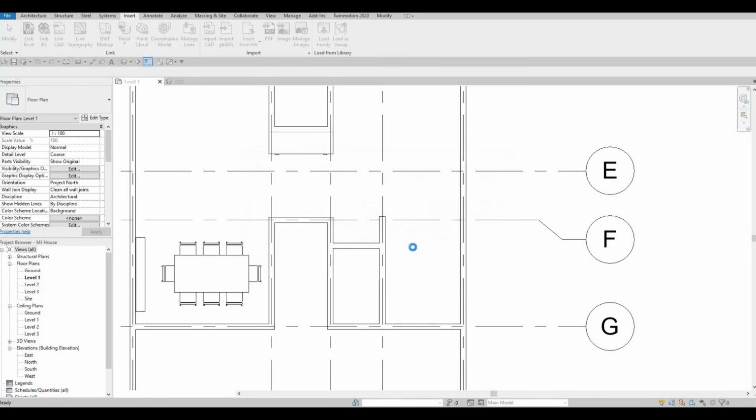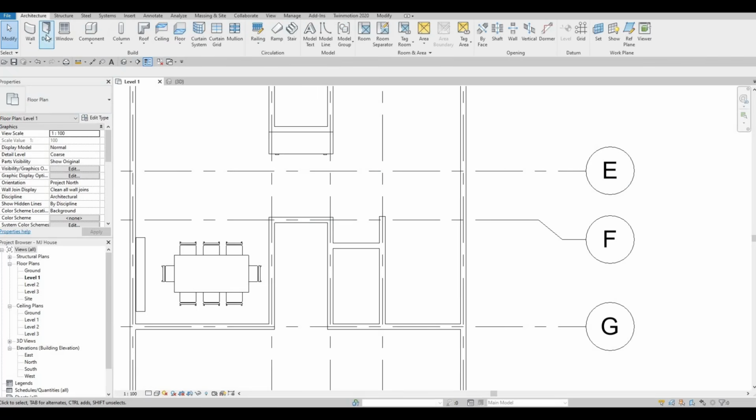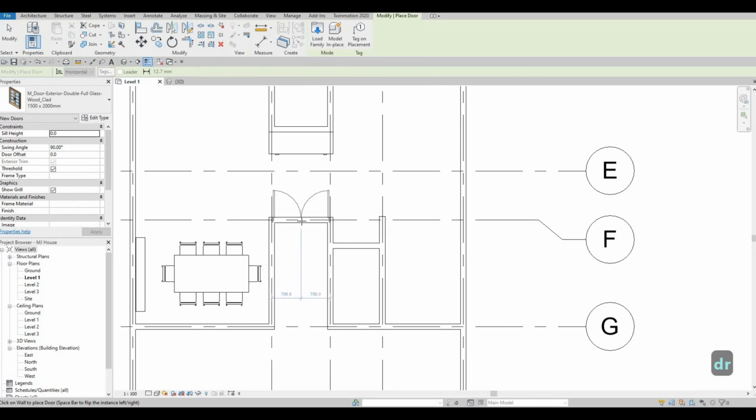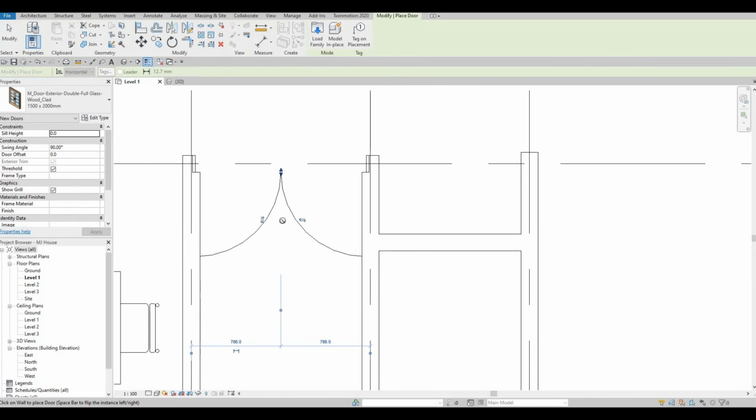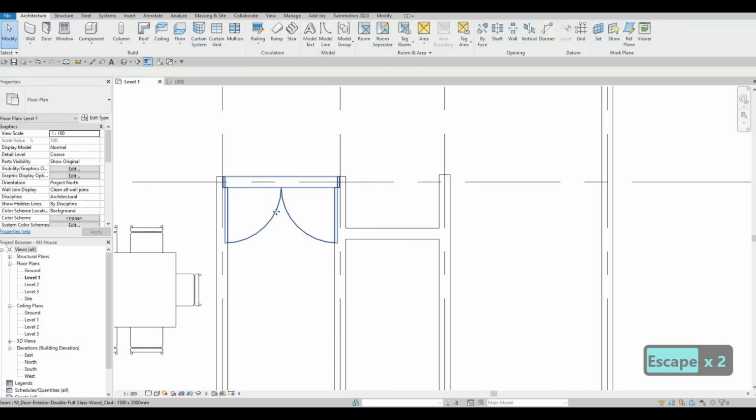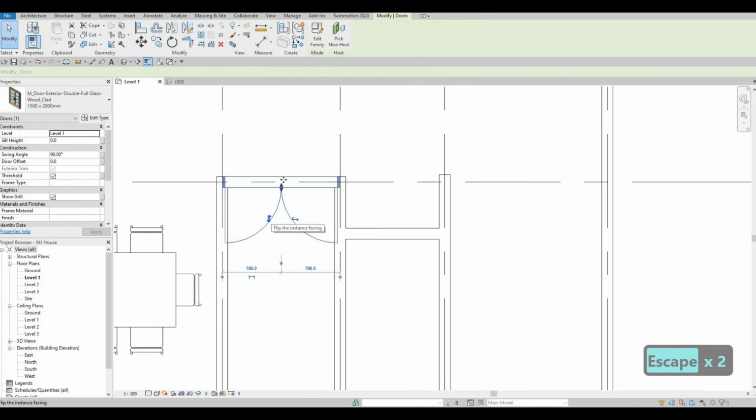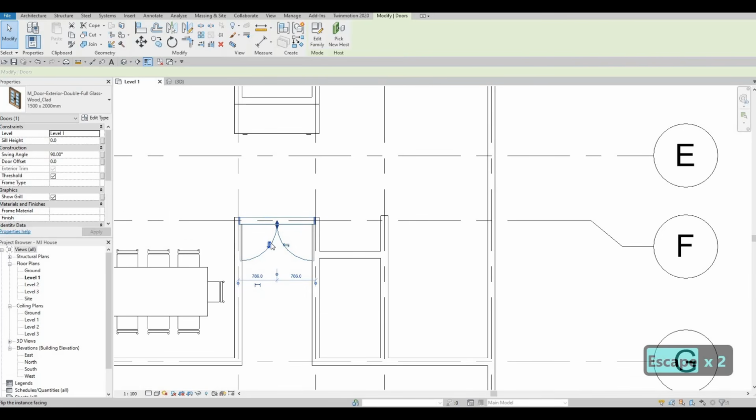I'm gonna press OK, and then once I add it, you type in DR because under architecture, door is a system family. So here you type in DR and you'll be able to add the door. If you notice, it's too big for this one. So what I'm gonna do is, let me flip this